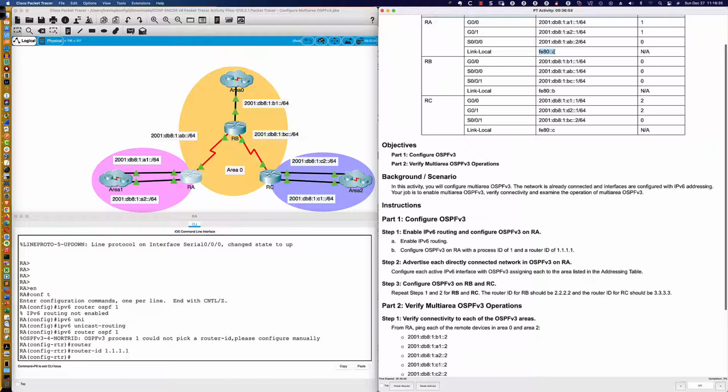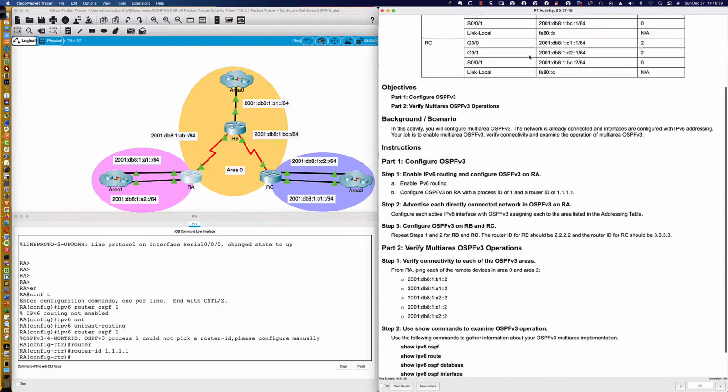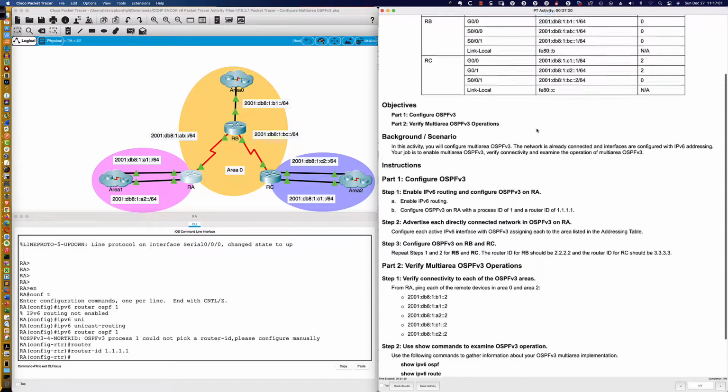local to the link on which it is configured, meaning I can configure FE80::A on every single interface on router A, and that is okay because it is local to that link. It is not going to be advertised or routed. It is local to the link. And so we'll come down here. And a quick note, those